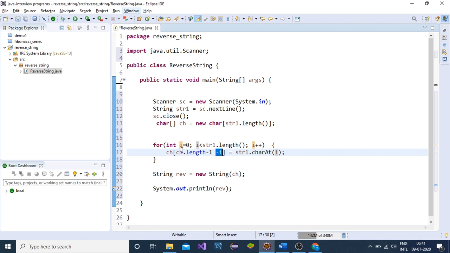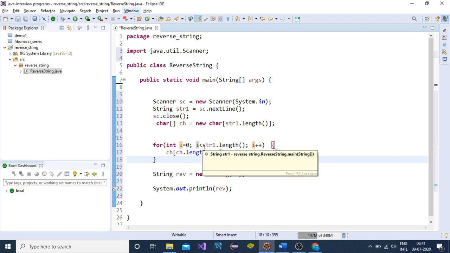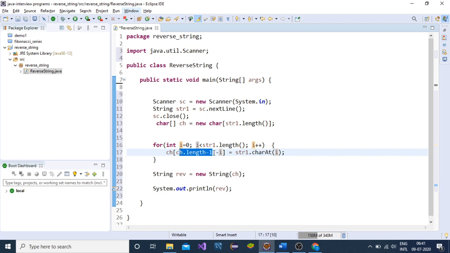So this will reduce towards the beginning, and at the last, the value of i will be str.length minus 1, and ch.length minus 1 and str.length minus 1, both are the same.